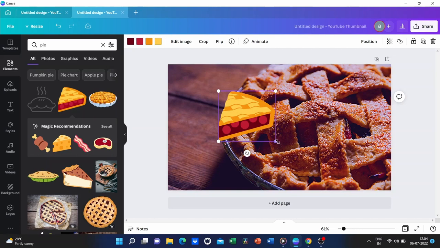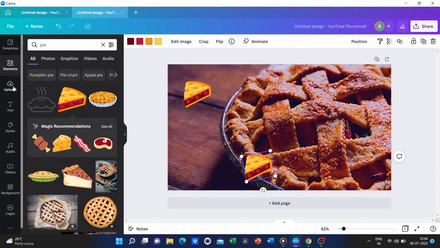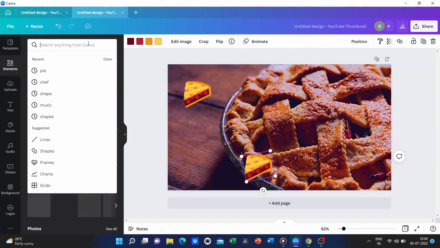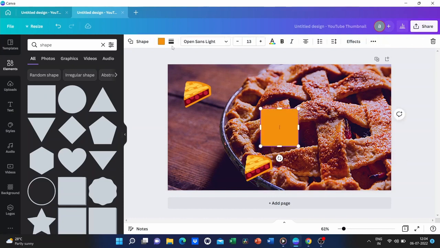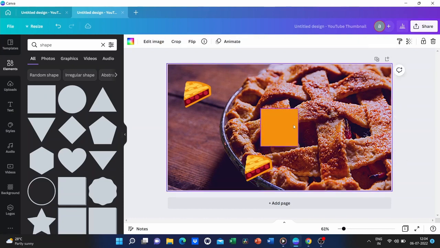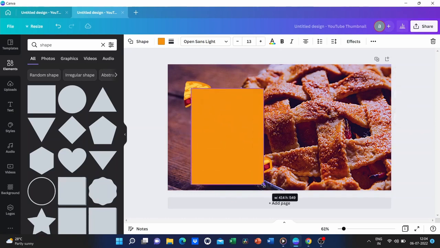Now, I'm going to go ahead and shrink this Pi icon. I'm going to rotate it, which is available within the image once it's selected. And then, duplicate it. And so, now we're going to go ahead and look at the elements once again, and we're going to add a shape this time. So, I want to add a square, which is thankfully free. And I'm going to change this box so that it is going to cover the left half. And then, this is where I'm going to also add my text.